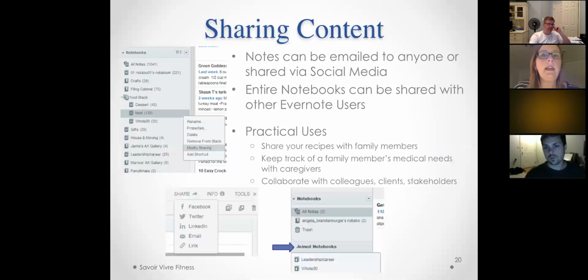Now, you can email a particular note to anybody with your free account. It's as simple as clicking share and send via email. And it will email it directly to the person. You just type in their email address. You can add a little message to them, and it'll send the note to them. It will show up just like an email for them, so they don't have any ability to edit the content. Your content is safe. You're just basically taking a screenshot of the note as it exists today and sharing that